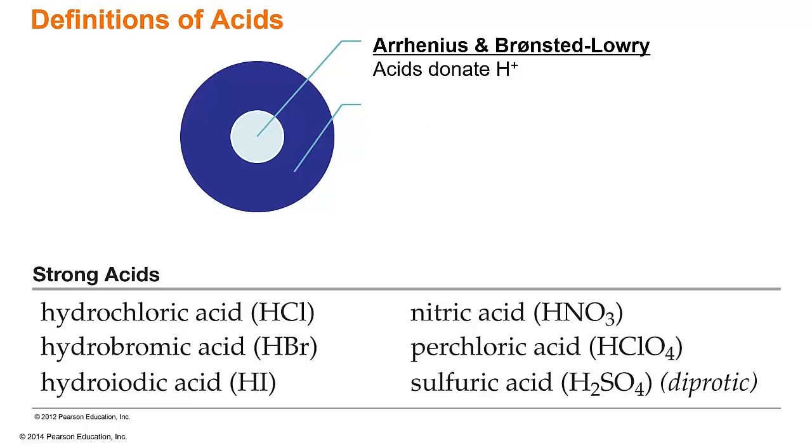that of Arrhenius and Bronsted-Lowry. Now, your textbook made it sound like they were a little bit different, and they are a little different in how the definition is laid out, but to be honest, I don't really see a difference. They both end up either donating hydrogen, or when you throw them into water, a hydrogen is released. So in the end, the same goal is reached. You have hydrogens floating around. So I'm going to call that an acid, and that can either be Arrhenius or Bronsted-Lowry, but either way,